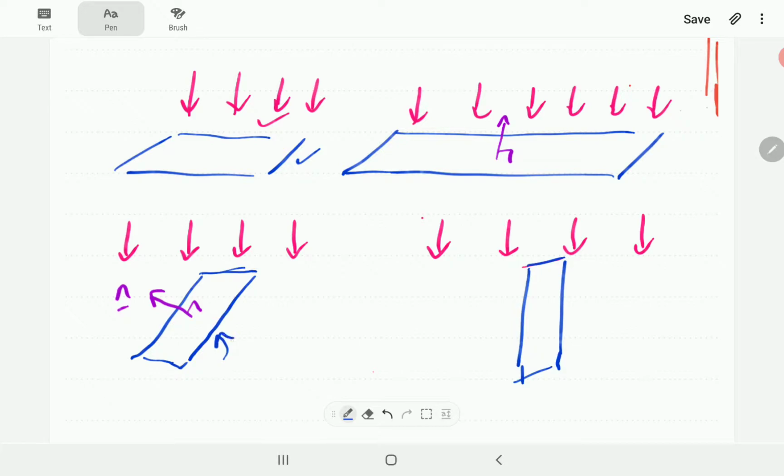So as this angle becomes bigger and bigger, the rate of collection becomes lower and lower. So you get the maximum collection when this vector, the normal, is parallel to the direction